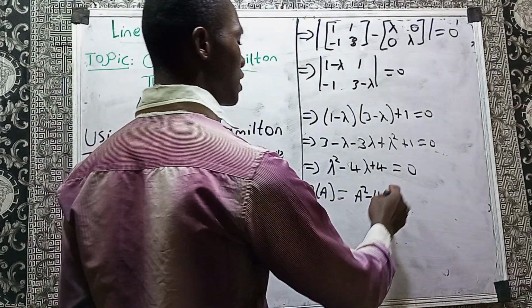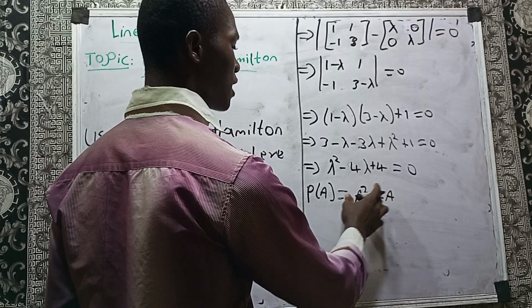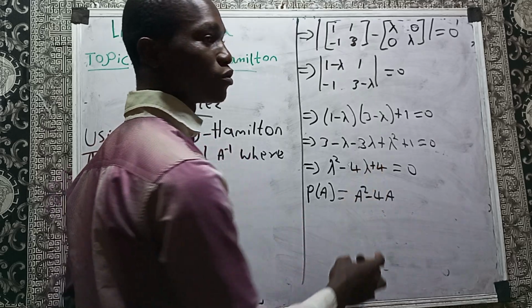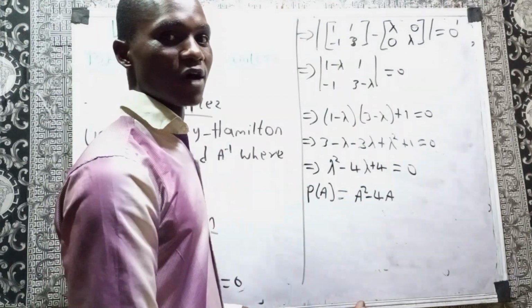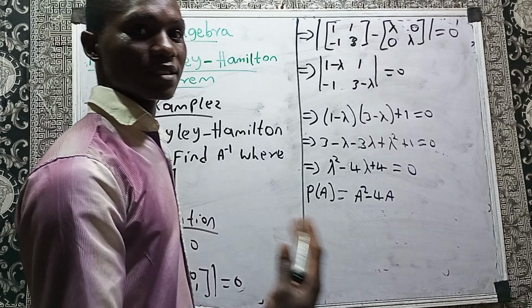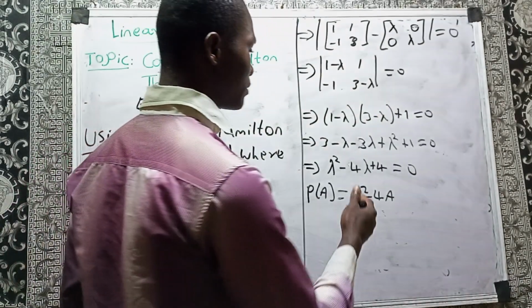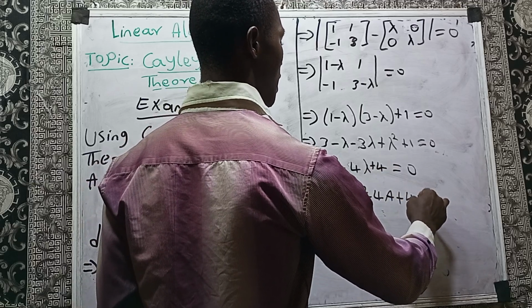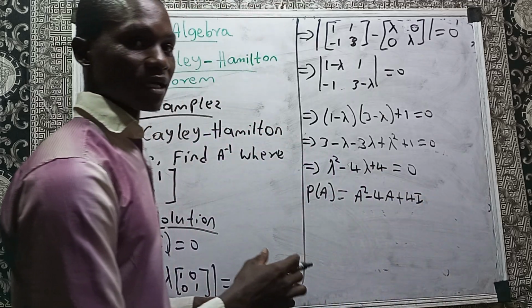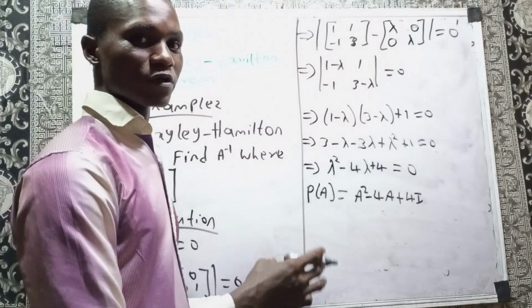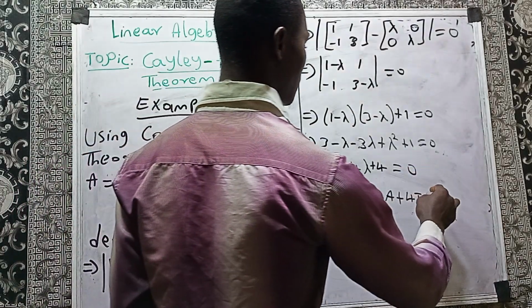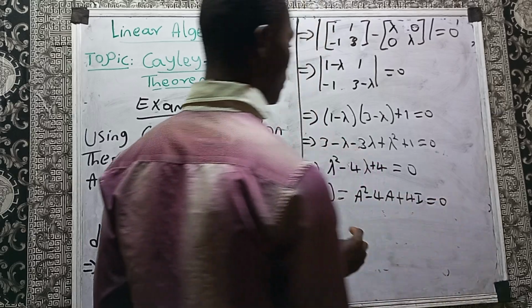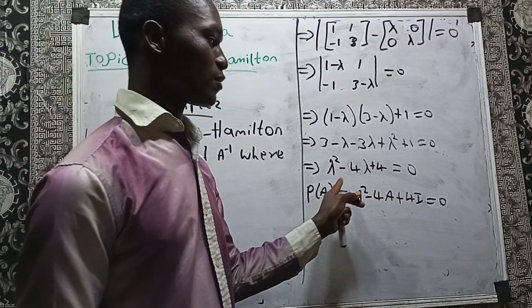Since 4 is the constant, and you want to add it with this matrix, you cannot add a constant to a matrix, so you have to multiply this constant by the identity matrix, so that you can be able to add it with this matrix. So you are going to have, instead of plus 4, plus 4I. So whenever you are adding a matrix and a constant, you must multiply the constant by the identity matrix for you to be able to add it. Then it will equate to 0, because this is supposed to satisfy